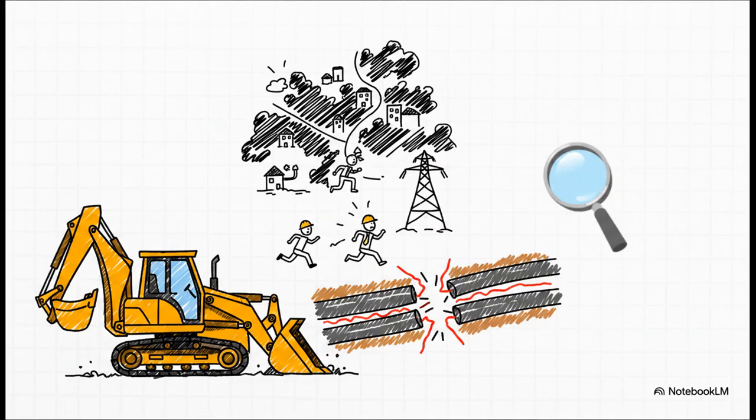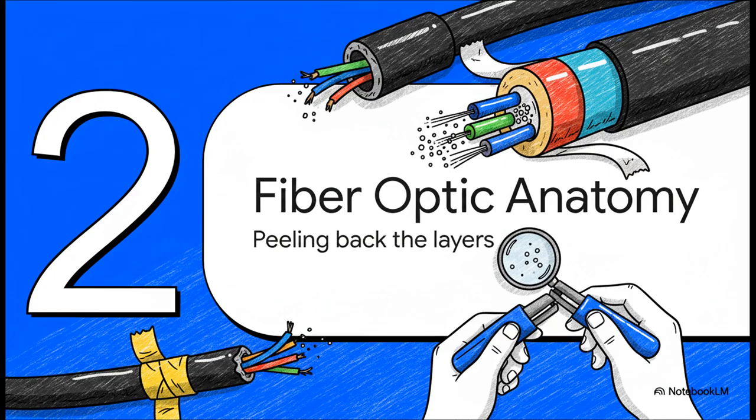to go repair it. Moving on to part 2, anatomy of fiber optics, peeling back the layers. You see, when a break happens, engineers can't just twist the wires back together and wrap them in electrical tape like an old extension cord. They have to bypass the incredibly rugged outside of the cable just to get to the tiny core. So let's peel back the layers to understand exactly what engineers are dealing with when they arrive at the scene